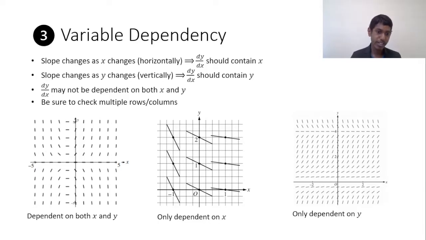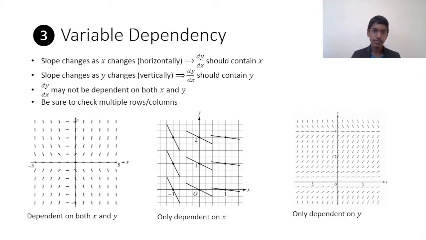The one to the very left is dependent on both x and y, because if you look horizontally, it's changing, and if you look vertically, it's also changing. It's also important to check multiple rows or columns. In the very left example, if you're only checking y equals 0, just that horizontal line, then the slope is not changing. But you can't jump to the conclusion that dy/dx isn't dependent on y, because maybe it just happens to be 0 right there. So you still have a y involved, but at the line y equals 0, it's not